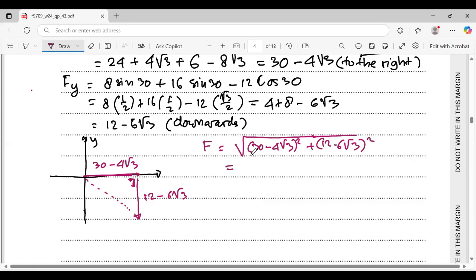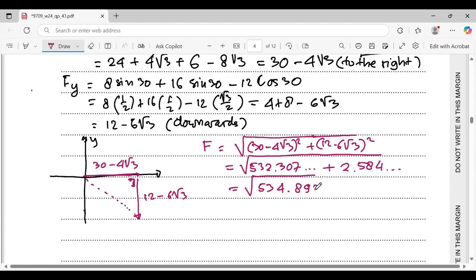So if you calculate, it is 532.307 plus 2.584, and after that, if you calculate this, it's 534.8924, and the result is 23.1277. Round off becomes